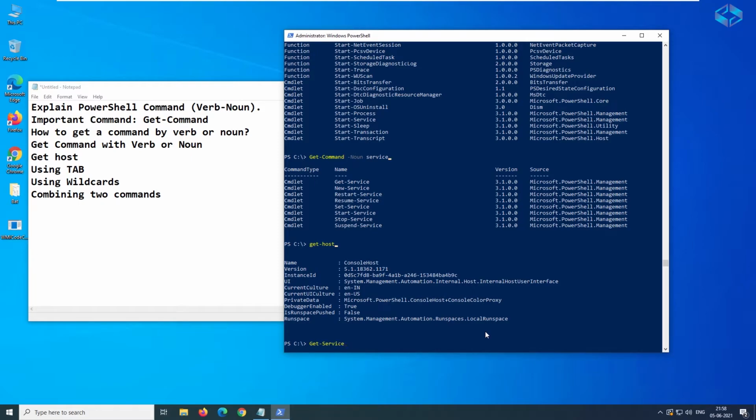You can type any characters, however many characters you know after the command, and it will display the rest of the things available in the list. So that is the first thing.